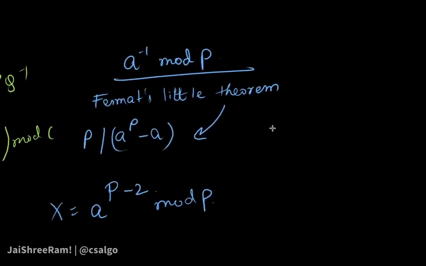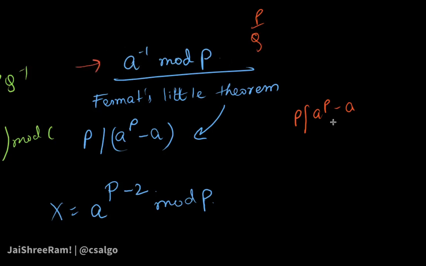So P divides a to the power P minus a, right? In most of the problems a will not be equal to P. Since P is a prime, the denominator would not make sense otherwise, right? When you have P by Q format, if a is exactly equal to Q, then things would not make sense. So that denominator will be given in such a way that it is not this prime. So a will always be less than P, whenever you need to find this out.